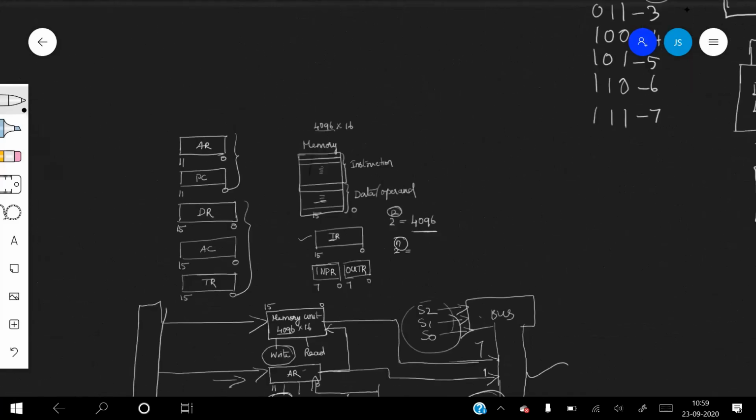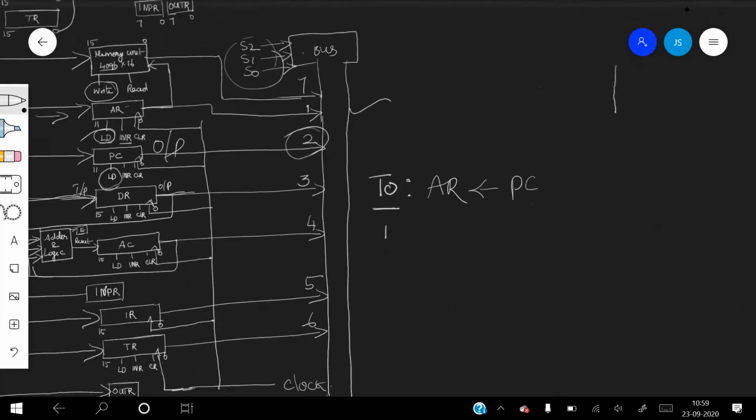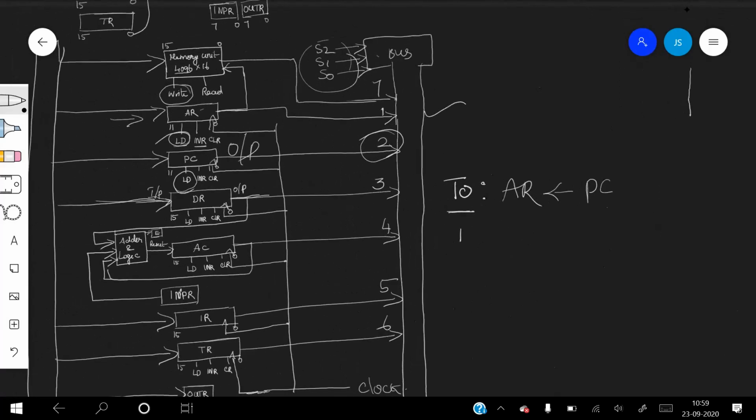When the timing signal T0 becomes 1, what happens? Not only the timing, which is decided by the timing signal T0, but also the PC, the program counter, which is the second input to the common bus. It is controlled by the control signals S2, S1 and S0 to the multiplexer.